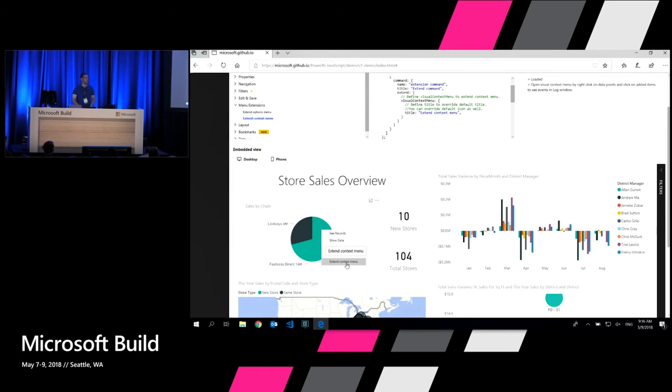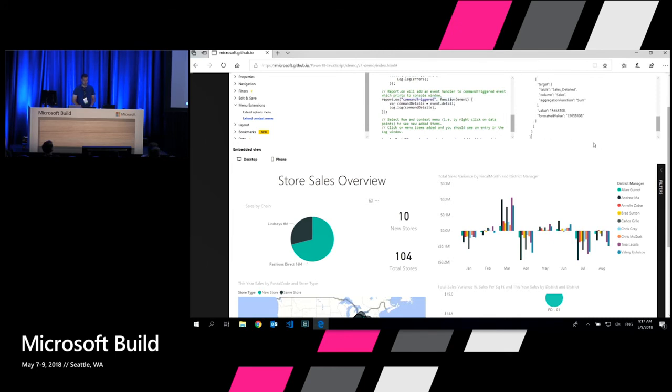Now, the way it works is the JavaScript API offers you some bridge between the iframe barrier that you get with Power BI embedded. Because it's embedded inside an iframe, you get that bridge to communicate back and forth with that object. So now I've just added this, but the way I interact with it is if I were to go down here with the code, I've just added a handler that pretty much gets the data that I've just selected here in that context menu. And once I click it,